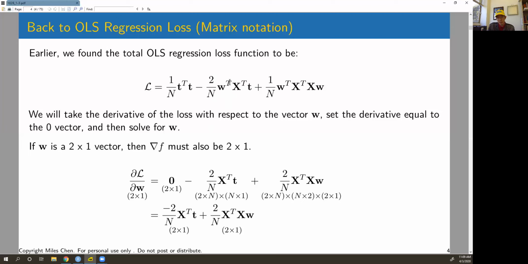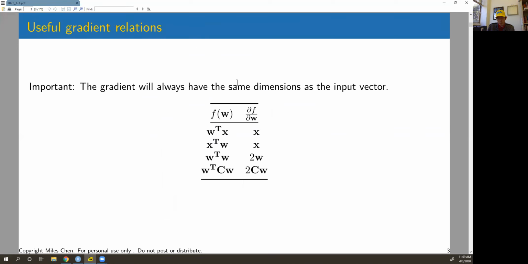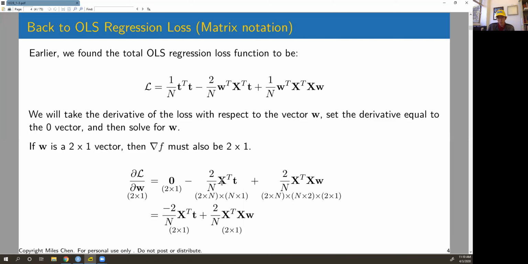But W transpose x transpose t is pretty much a vector there. If we look back to this page, we're basically looking at this top relationship. How it varies with respect to W is just what we're multiplying W transpose against. And so this will vary by x transpose t here. Just to ensure that this is also a 2×1, x transpose has the dimensions 2×n, t has the dimensions n×1, and when we multiply that,